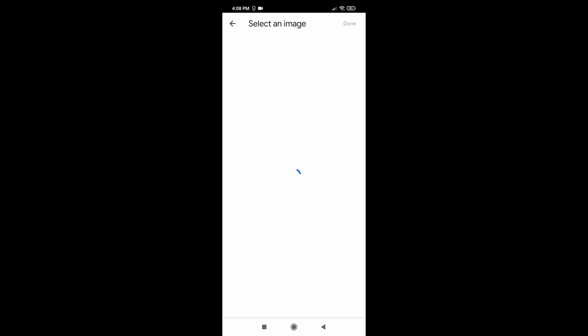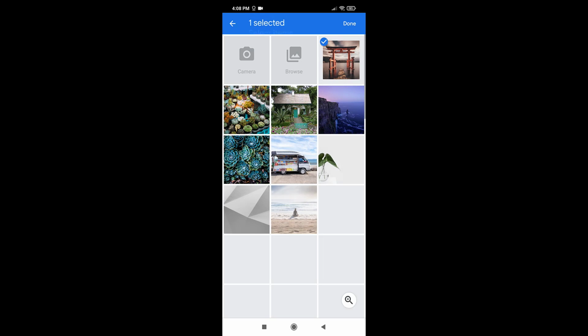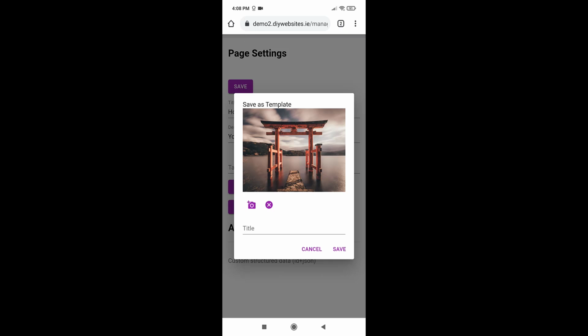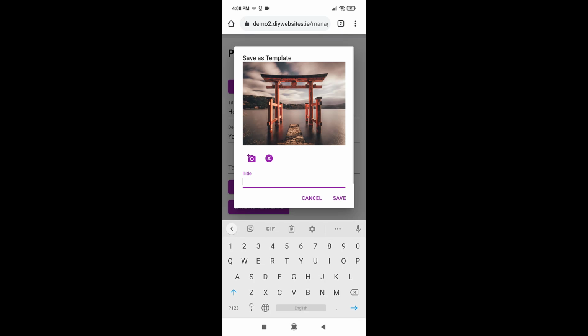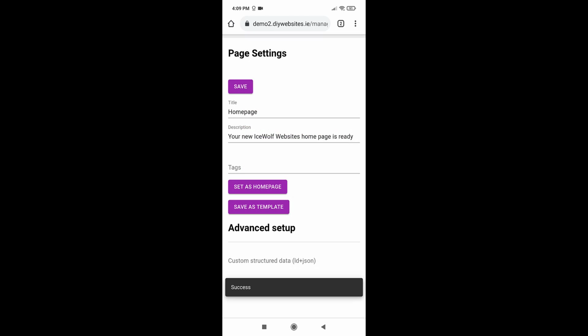I can select an image for my new template. That one looks nice. Then I can name it something like template 1. Save. Now the template is being saved, but in order for me to use that template and create a new